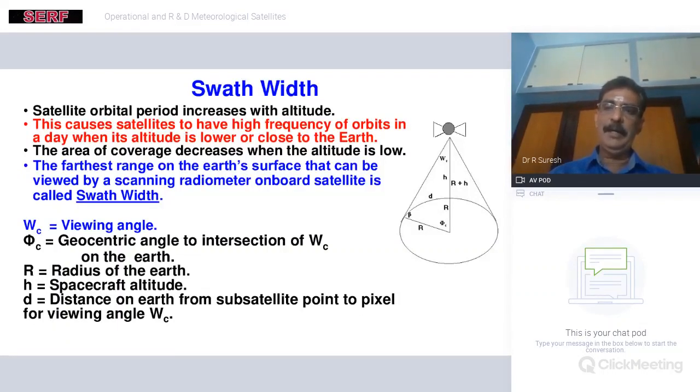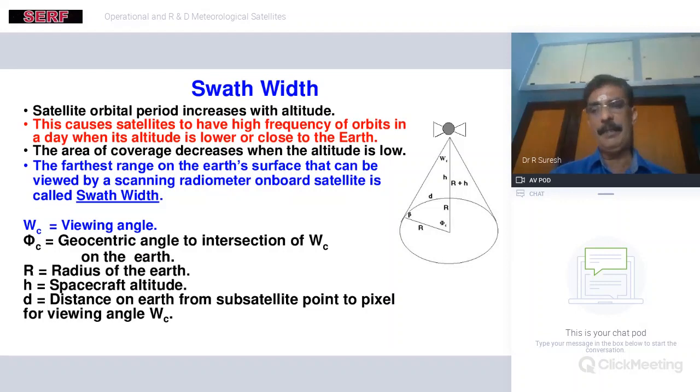As a preamble, I have to cover something, and then I will go to the topic. In yesterday's lecture, I did not discuss the swath width; I kept it purposely for this. Students of astronomy will know there is a term called dip and declination. In day-to-day life, if we climb up over some building or mountain, we will be able to see the visible horizon wide. As we go up, the horizon will be wide, our viewing angle will be large, and that way we will be covering much.